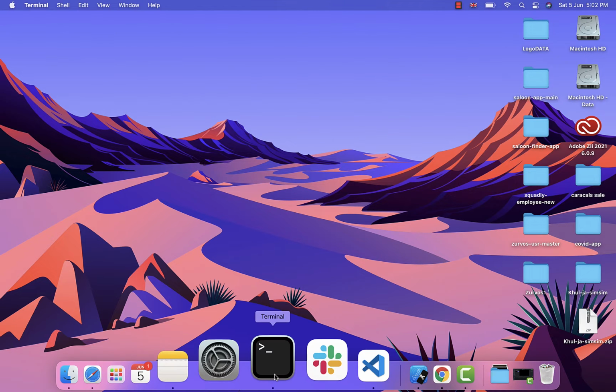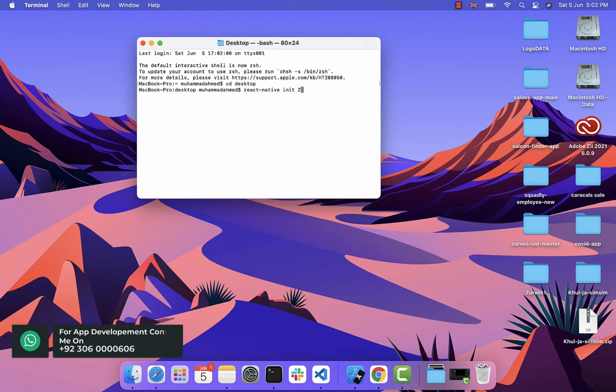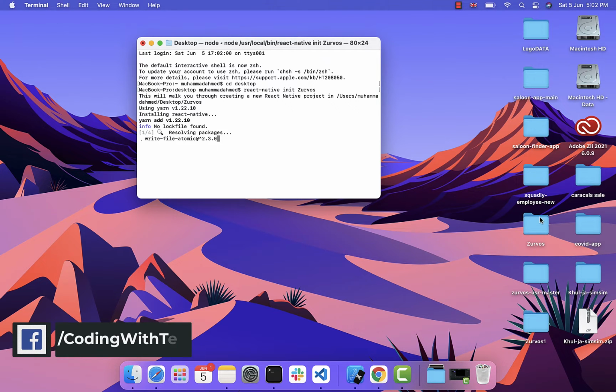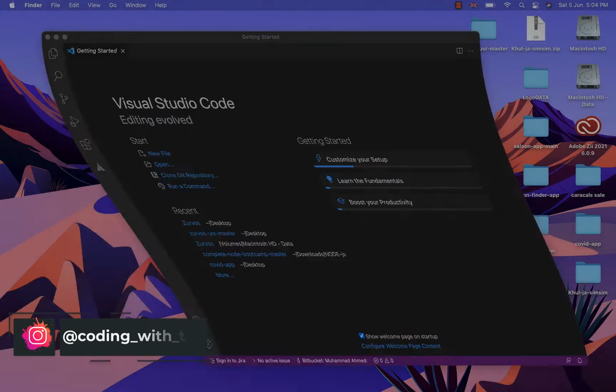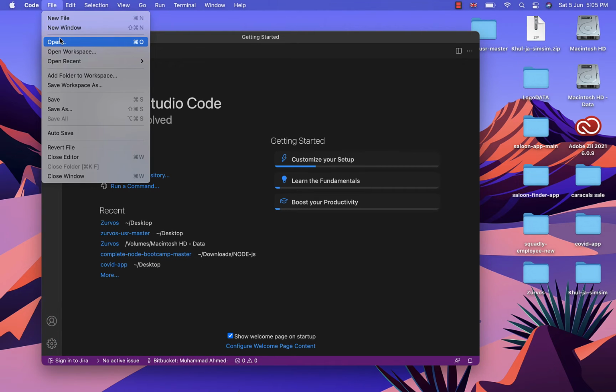First, open your terminal, cd desktop to create the project on the desktop. Run the command React Native init, the project name, and then hit enter. Now it will take some time to complete the process. Let's come back when it is completed. So the building process is completed. Now open your project in Visual Studio Code